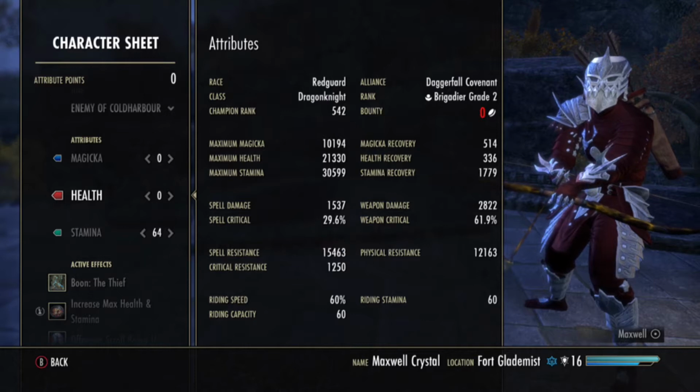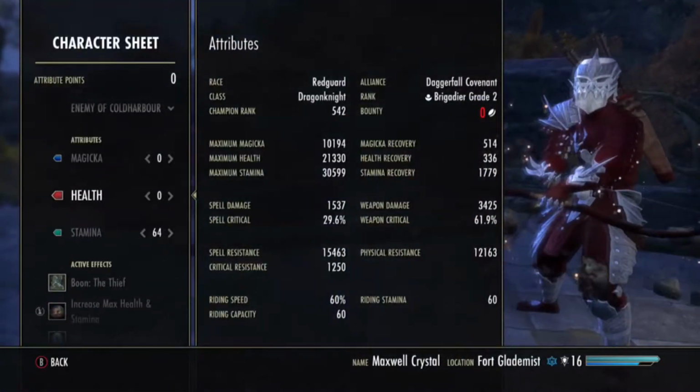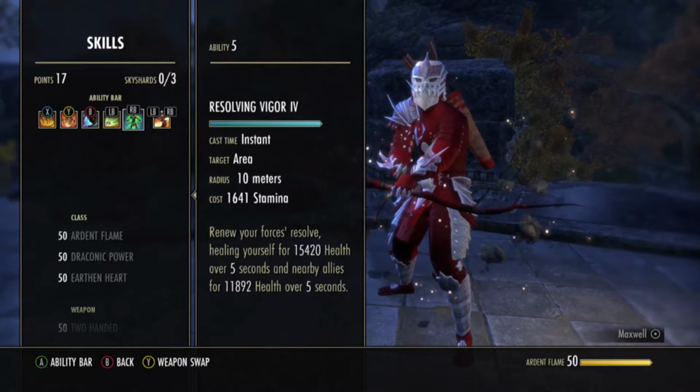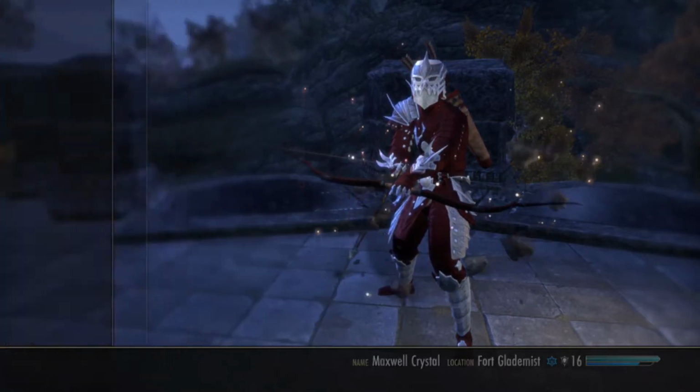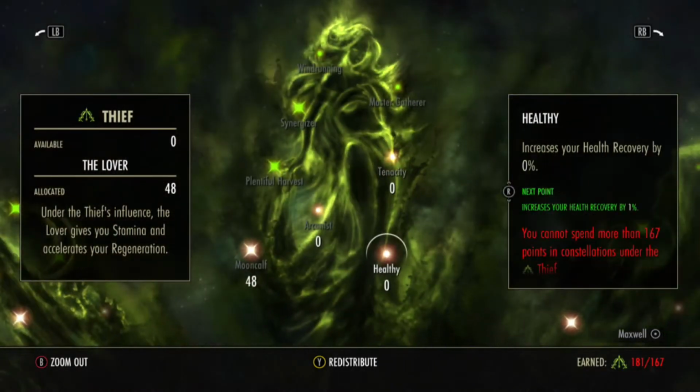So my stats look like this right now with the max health, max stamina regeneration food on. I'm gonna put on some max health and max stamina pretty soon, but I'm not gonna show you what it looks like with Take Flight and everything else with this food on. Alright, never mind. 100 in Warlord, got 48 in Mooncall,